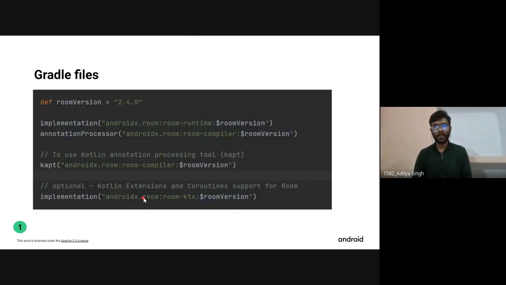Now these are four Gradle files which are necessary for using room database in our program. And here is one important thing. There is one plugin as well. You see that Kotlin annotation processing tool. So there is a plugin required with this library as well, known as Kotlin-kapt. I will tell you how to use that when I give you the live demonstration.